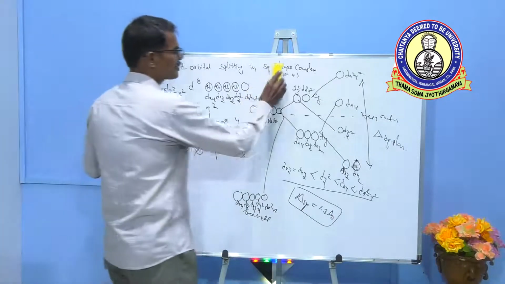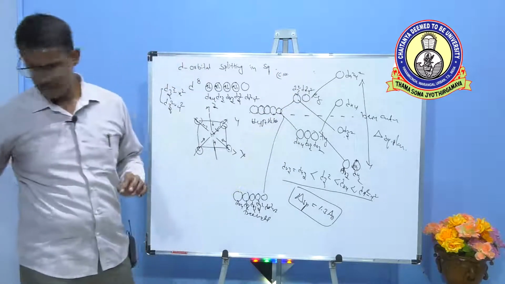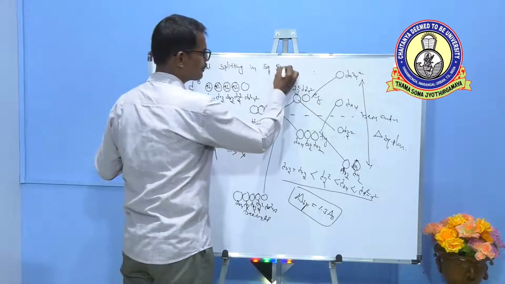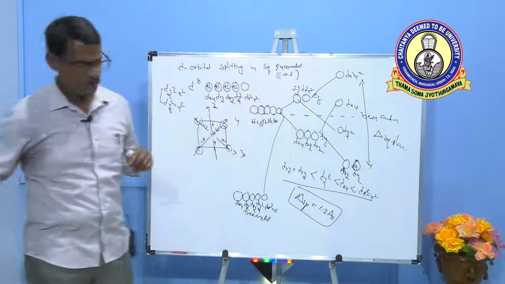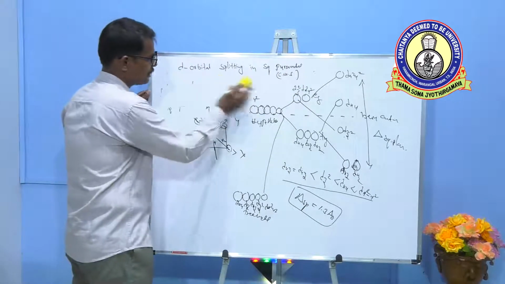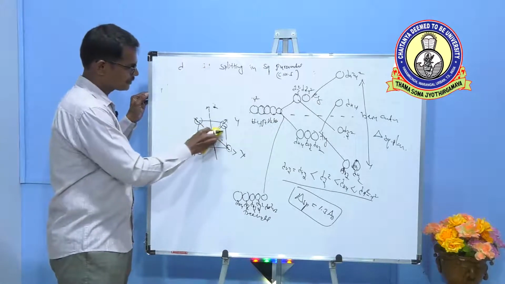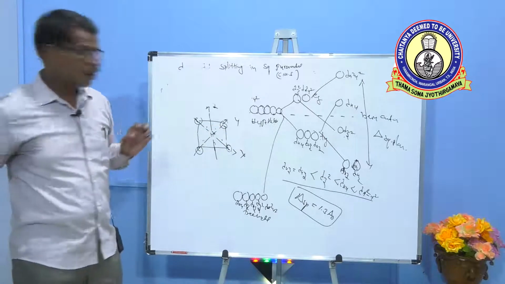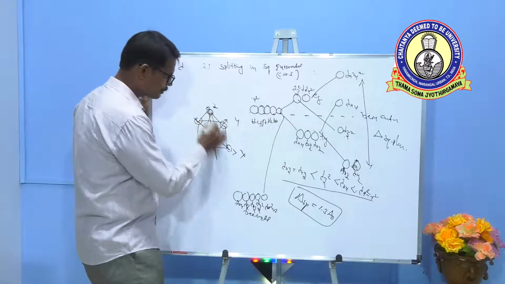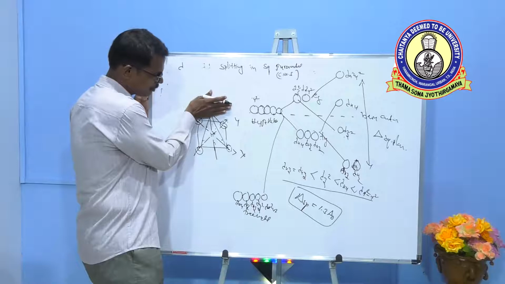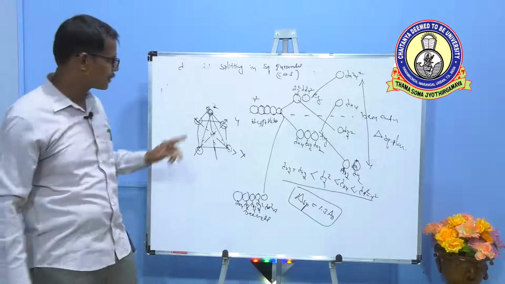Now consider the d orbital splitting in square pyramidal complex. Square pyramidal, square planar, the difference is one donor atom is extra, that is coordination number 5. So here in square pyramidal, the 4 ligands are present along XY axis and 1 ligand is present along the Z axis, and this is square pyramidal. This is pyramidal type. If there is no ligand, it is planar. So one more ligand is present along the Z axis, it is a square pyramidal geometry.